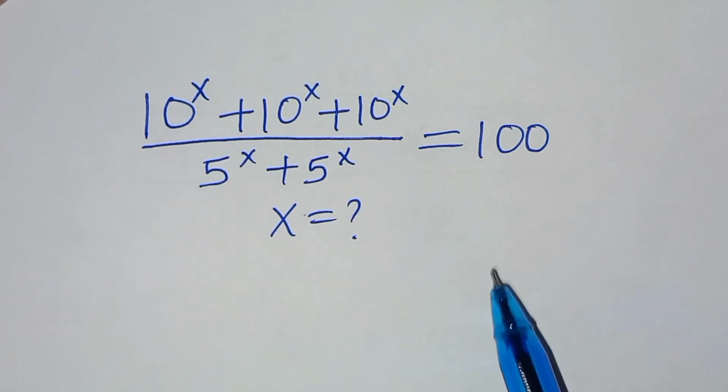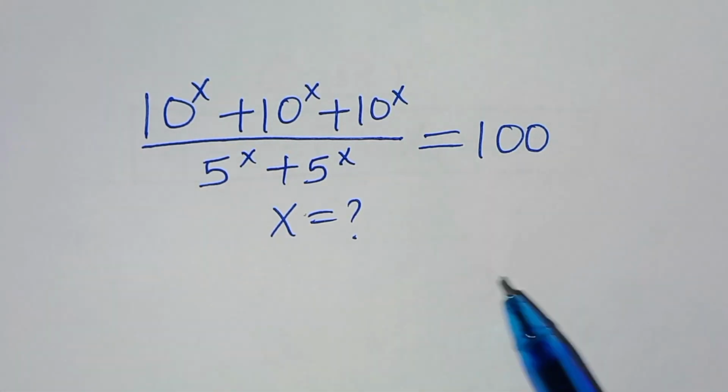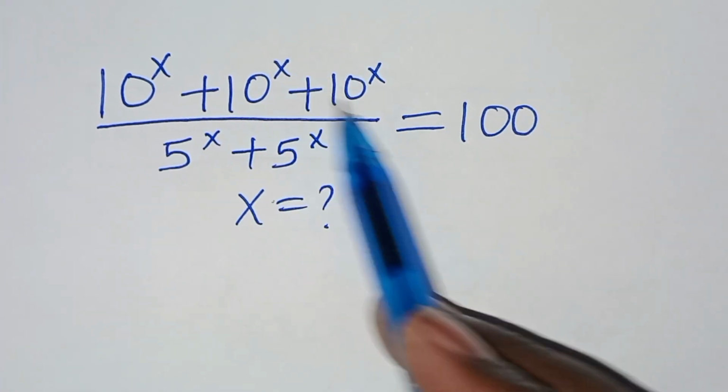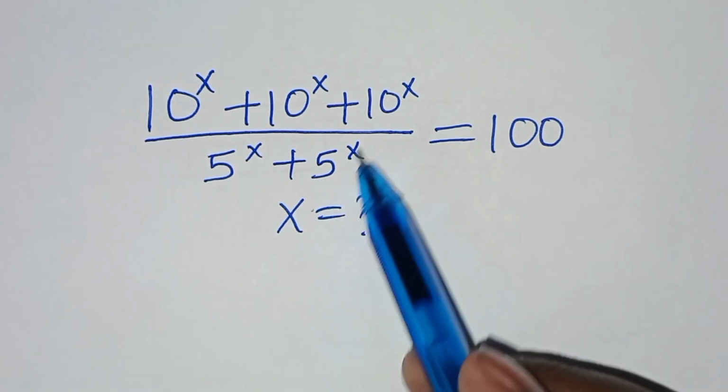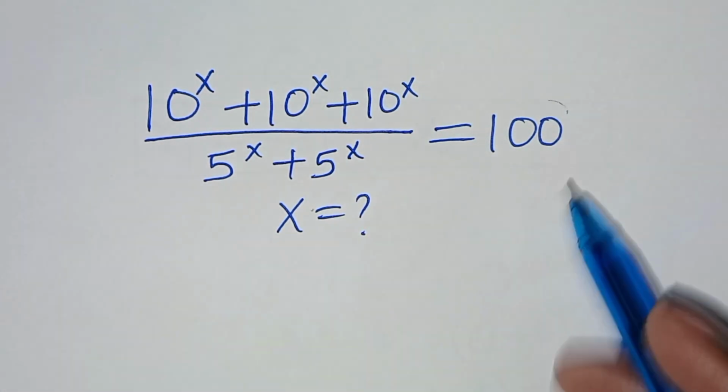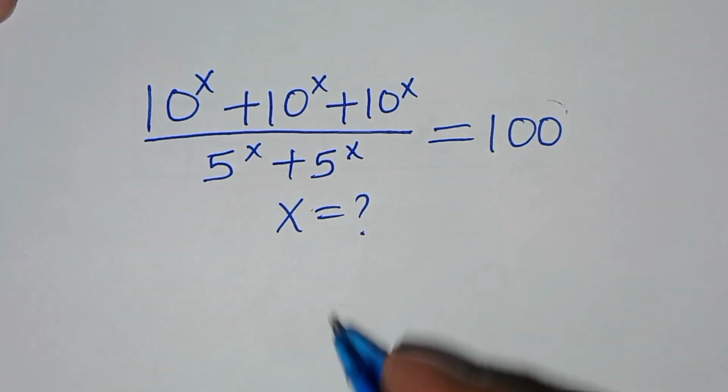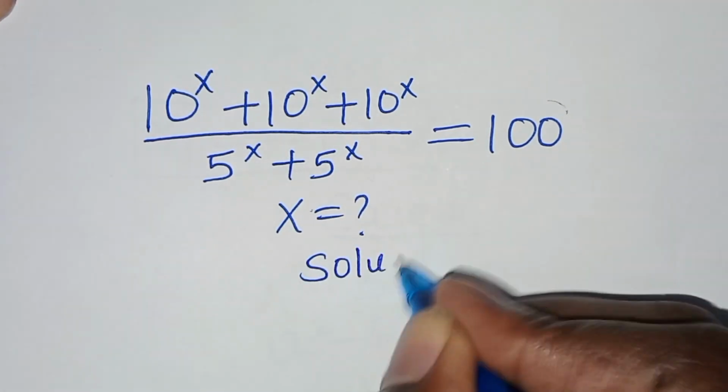You're welcome to solve this nice exponential equation, which is (10^x + 10^x + 10^x) / (5^x + 5^x) = 100. So what is the value of x? Solution from here,